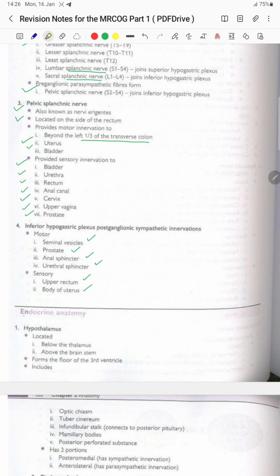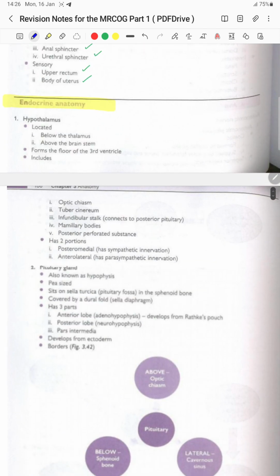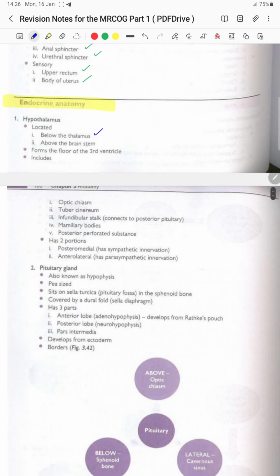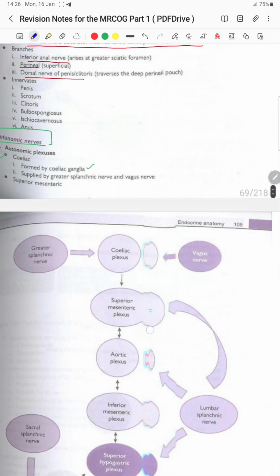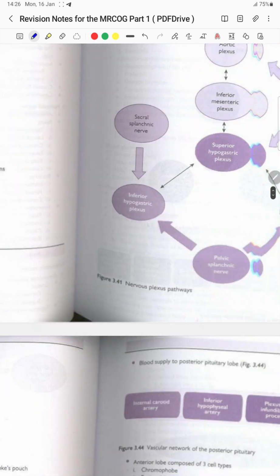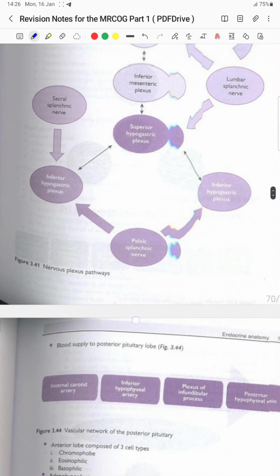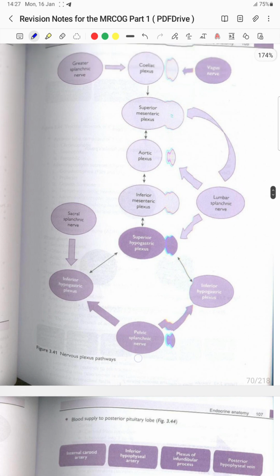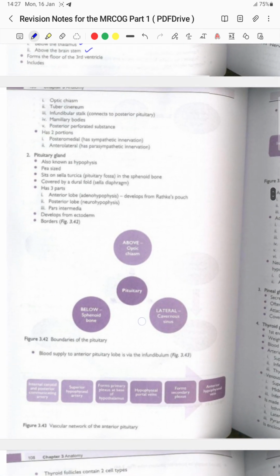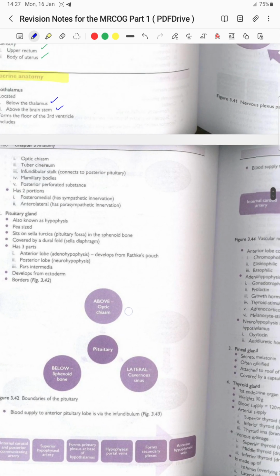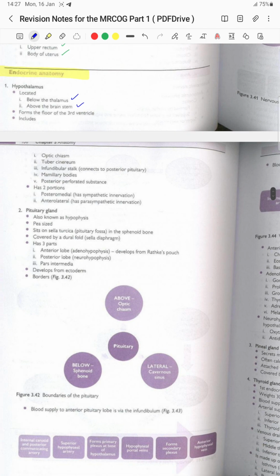Now let's move towards the endocrine anatomy. The first is the hypothalamus. It is located below the thalamus and above the brainstem. It forms the floor of the third ventricle, and it includes, this is a diagram of the nervous plexus pathway. So let's continue with the